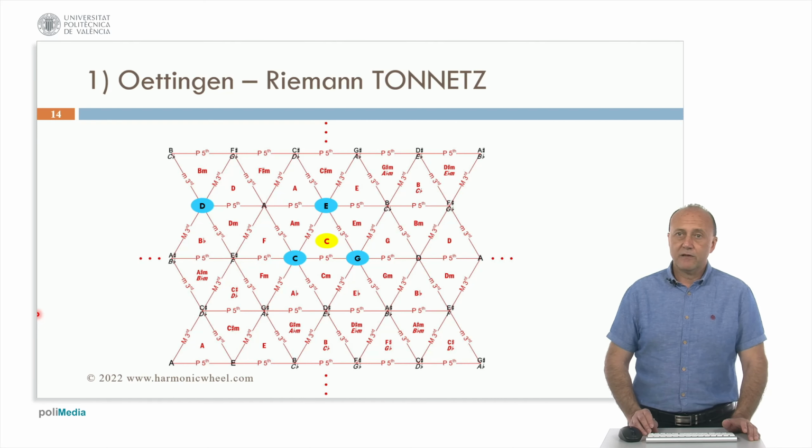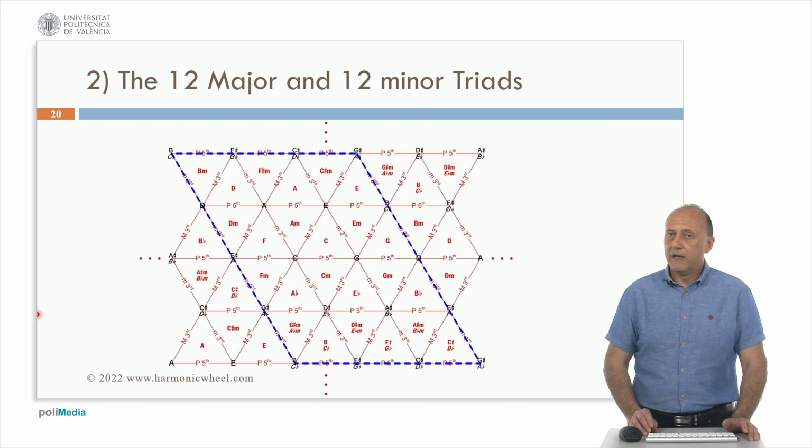And similarly for the rest of the triangle, for example here the notes D, F, A form the consonant chord D minor, which is printed at the center of the triangle. In this triangle, we will have F major, here A minor, etc. Now we select a region containing the 12 major and the 12 minor triads just once, and in that region